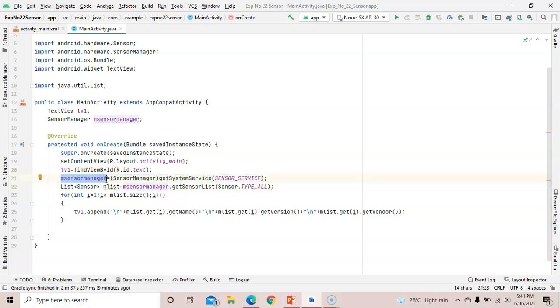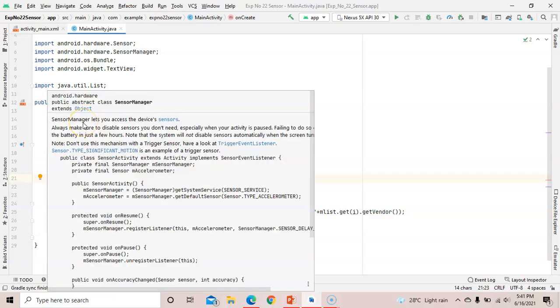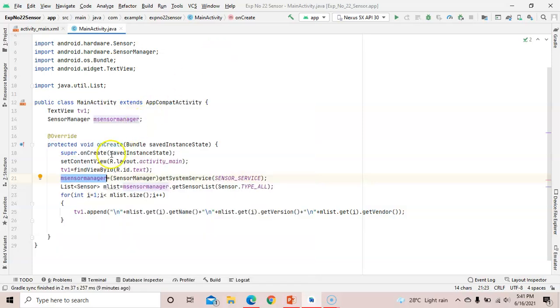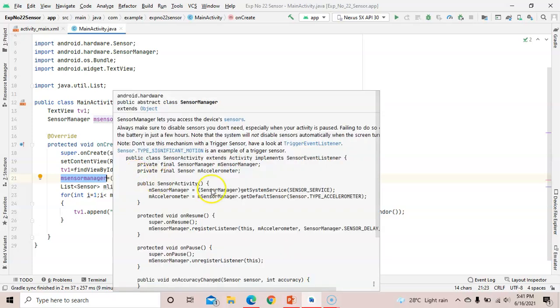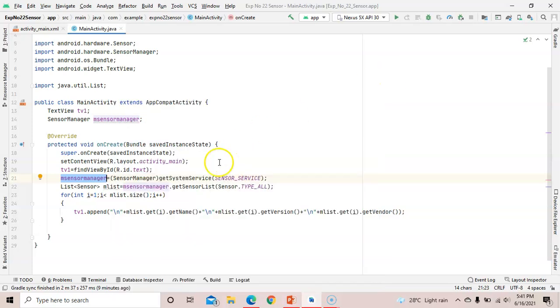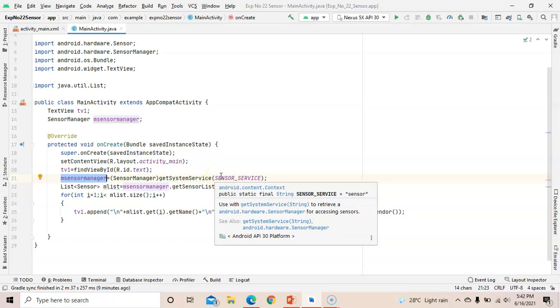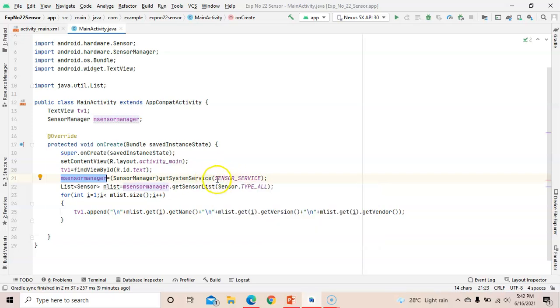sensorManager is the object of the SensorManager class. To list out all the sensors we need to use the SensorManager class. So to the sensorManager we have assigned a method or function which is supported by the system, and that method is getSystemService. We want a sensor service, right?